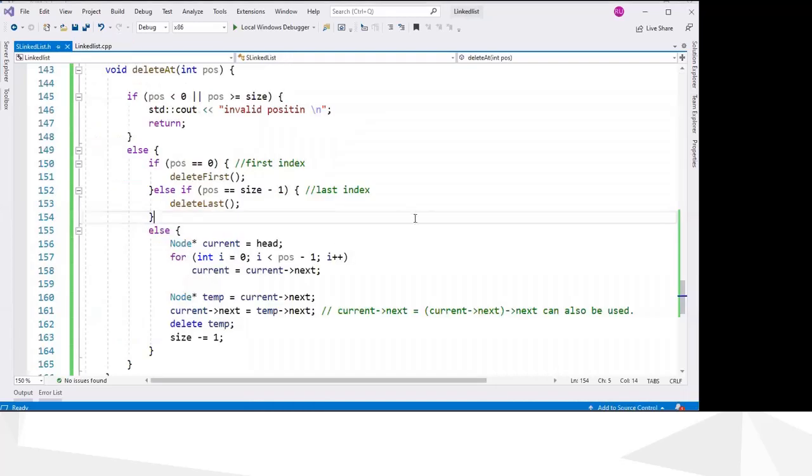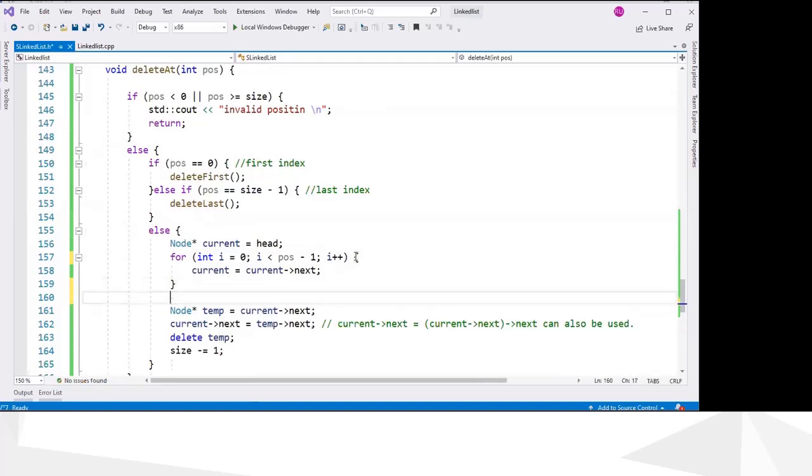Okay, so here somebody has asked me whether we need a bracket here. You can have brackets without any problem, but we don't need brackets if you have only one statement.